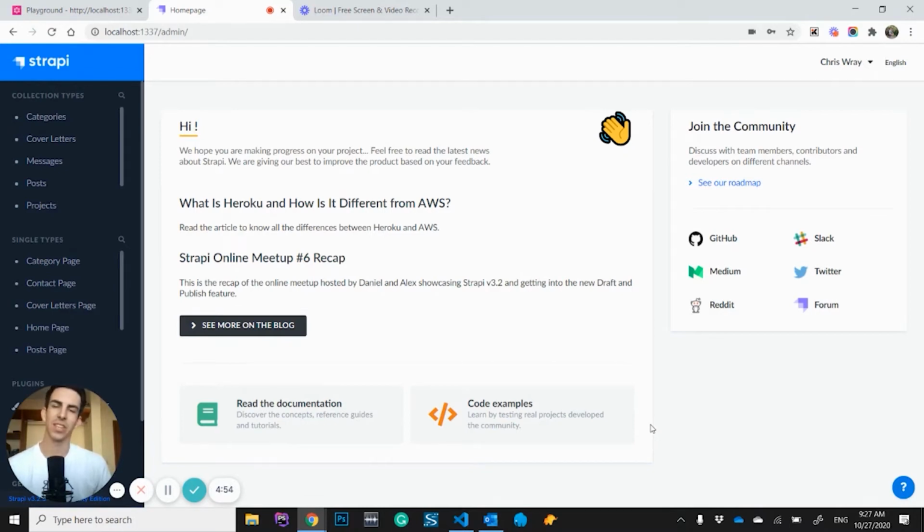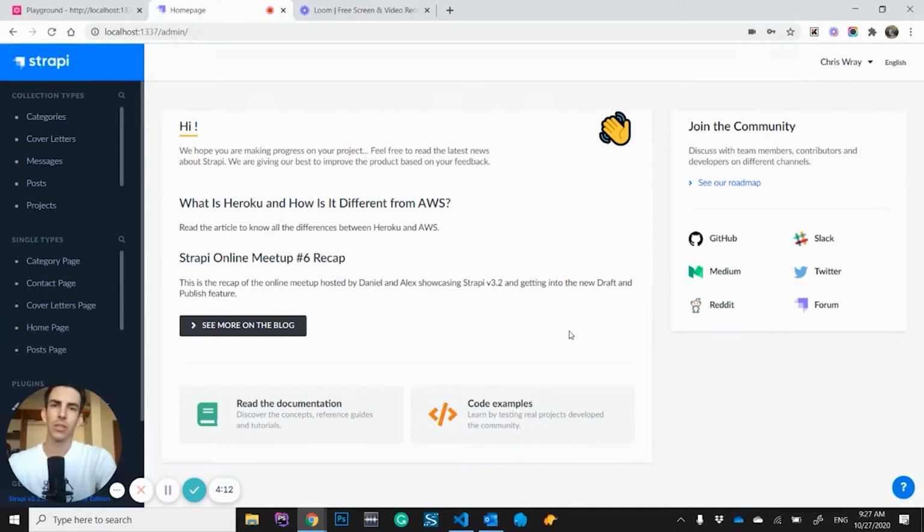Up until a couple weeks ago in Strapi, if you wanted to write a post or a piece of content for your collection type in the Strapi admin panel, as soon as you click create, that post would be available to your API. And this is kind of a problem when you're wanting to write drafts. For instance, if you have an editor and you give them access to your Strapi admin panel and they write a draft post,